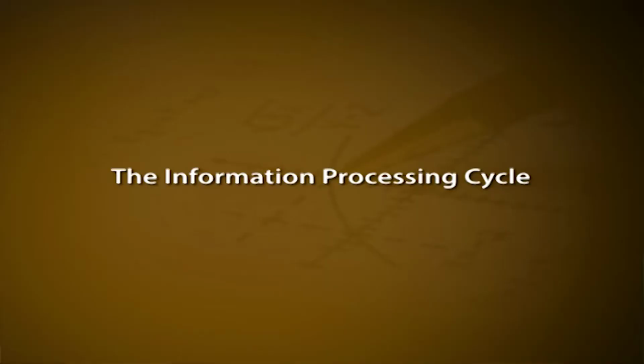The information processing cycle. Different types of operations are required to process the data and convert it into useful information. The set of procedures the computer follows to receive data, process data according to instruction from program or user, display the result, that is the information, to the user, and store it are called the information processing cycle. The information processing cycle has 4 parts. Each part consists of one or more components.